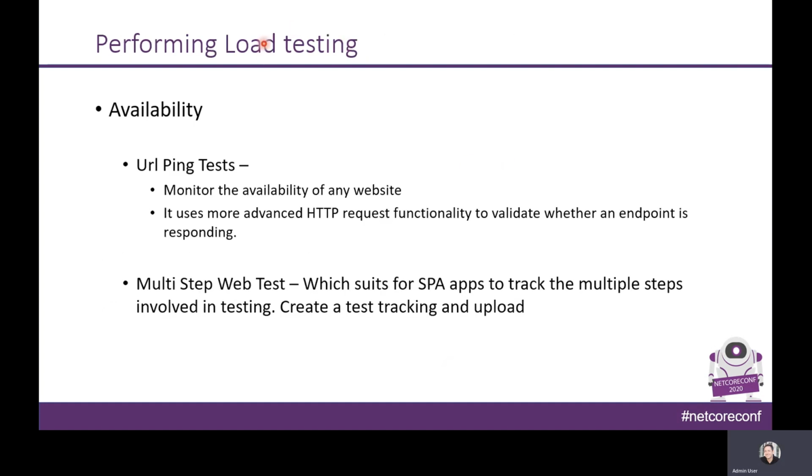Now the URL ping test is mainly advisable where multiple locations are involved. For example, if your application is used all over the world, you can use this URL ping test to check whether the application is accessible from all over the world, and at the same time whether it is available even if the load is high, because in this kind of worldwide scenario, you may have the servers split up in different regions, right? That's called regional threads, something like that. Then all your regional threads have to respond back properly. That has to be tested.